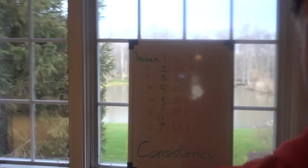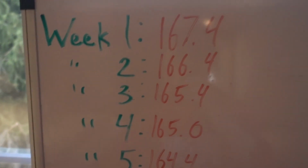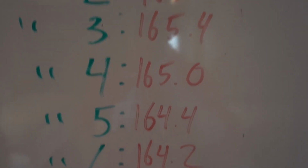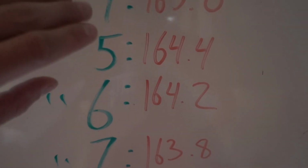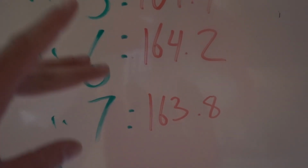So let me just show you guys, if you don't remember, I started this cut in week 1 at 167.4. Then I started dropping about a pound a week, slowed down right here, had Easter on Sunday, and I was moving out of my apartment, pretty busy, basically maintained that week. And then I've been really busy last week too,